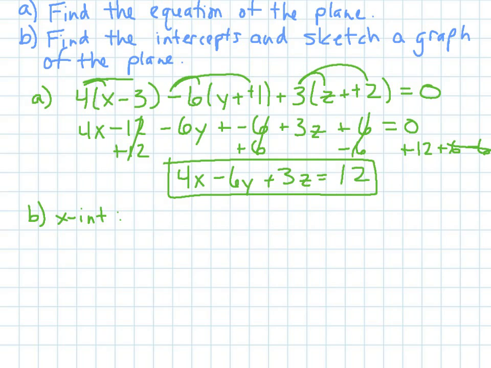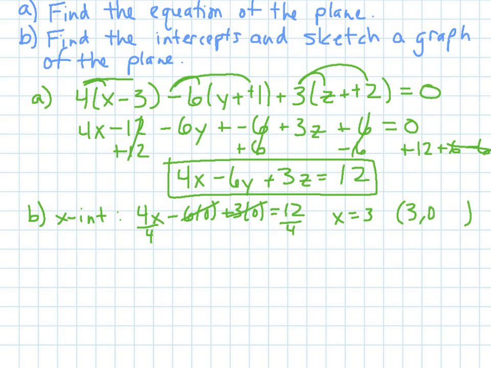Okay, so with this equation, I do 4x minus 6 times 0 plus 3 times 0 equals 12, and so those go away, so you're left with 4x equals 12, so I need to divide by 4, so that means x equals 3,